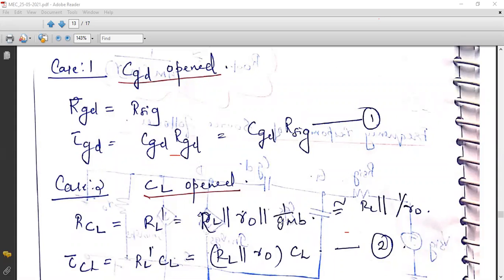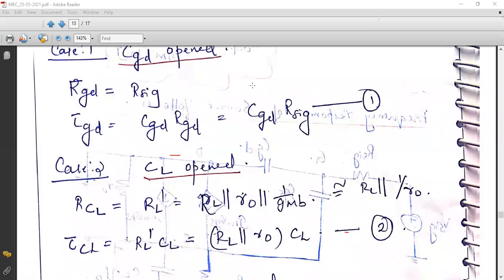1 by GMB. In certain cases, you discard 1 by GMB, okay? In certain cases, if body effect is not considered, then I will exclude that and I will take only the other two. That depends upon the question. But if GMB is specified in the question, it means I have to go with all the three values and then compute RL dash and further tau CL. That will be explicitly mentioned in the question depending upon your chi value.